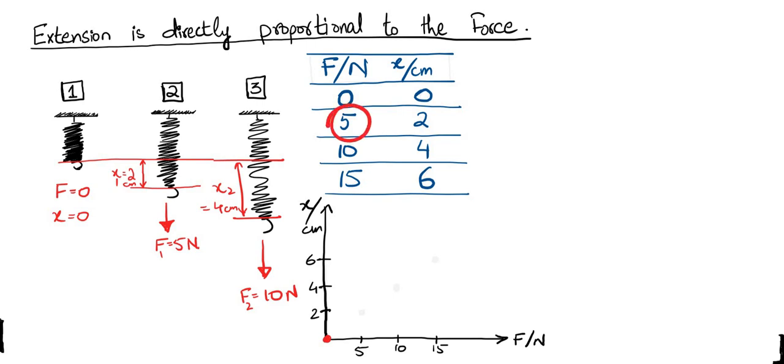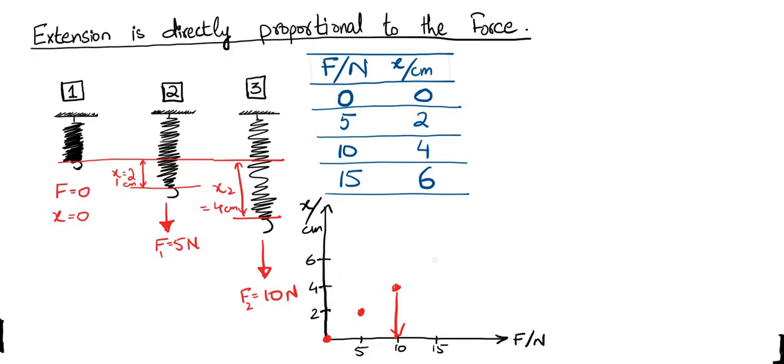When the force is 5 Newton, the extension is 2 centimeters. So 5 Newton force produces an extension of 2 centimeters. अगला point यहाँ पर 5 Newton force, 2 centimeters extension. When the force is 10 newtons, the extension is 4 centimeters. Okay. अगला point इधर आएगा 10 Newton force,